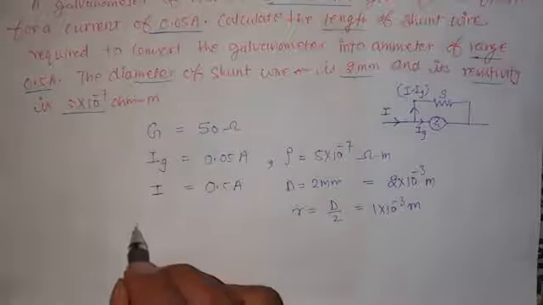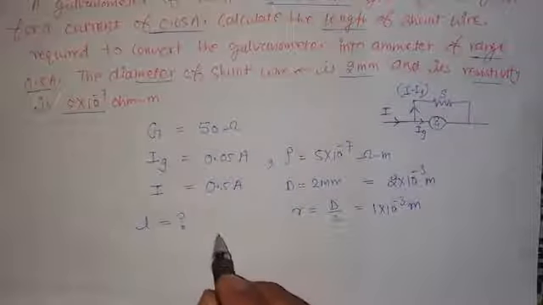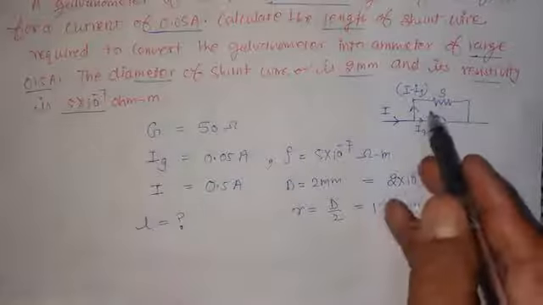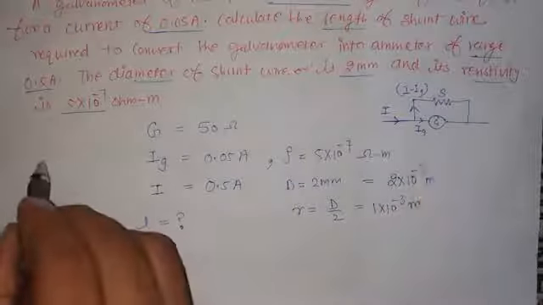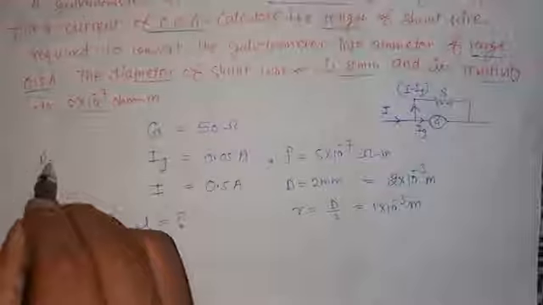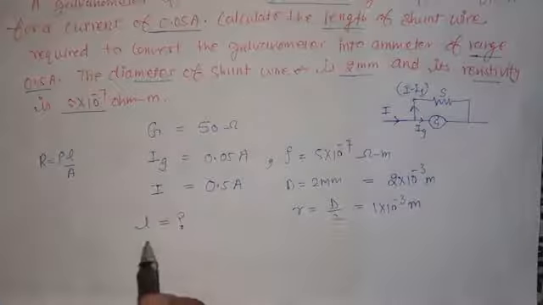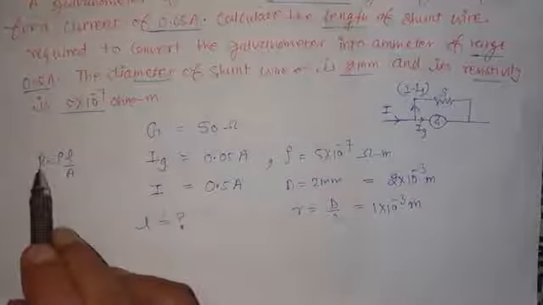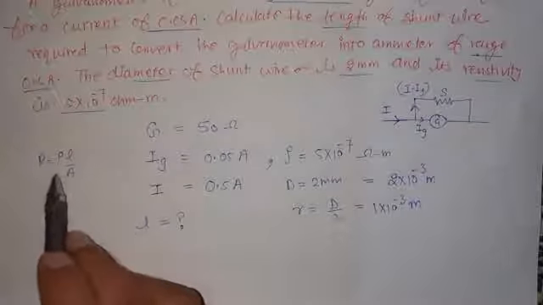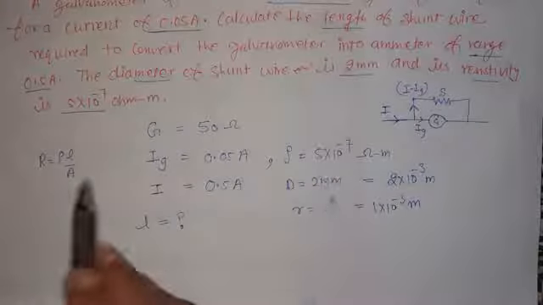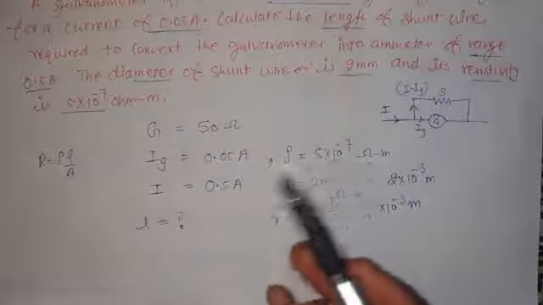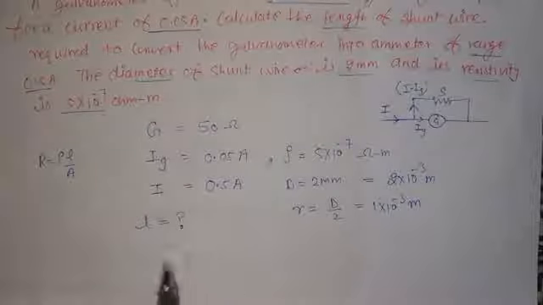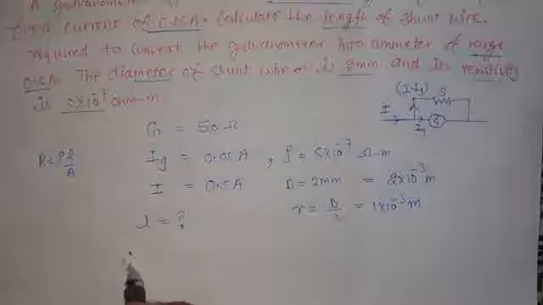Now we have to find out how much is the length of this shunt wire. So first we need to find out how much the resistance is. When we talk about resistance, it is rho length upon area. So how can we determine the length? If the resistance of that shunt is known to us and the resistivity is already given in this formula, and for the area, this is a wire so it is circular, pi r square will give us the area. Okay, so therefore here